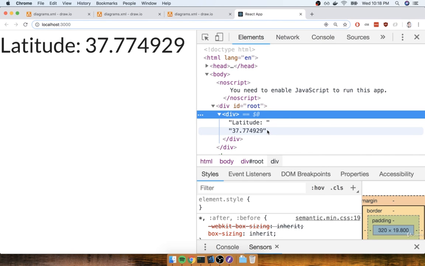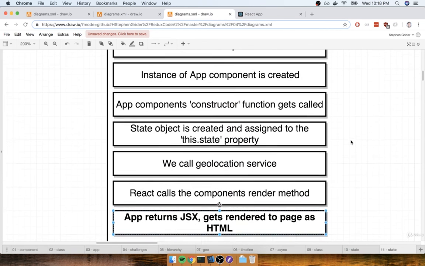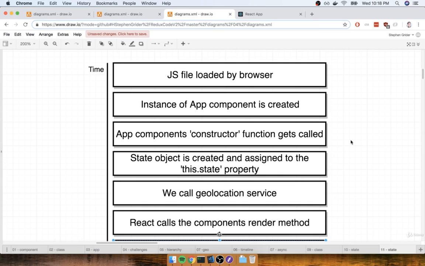Okay, so that's it. That is state. Now, I know that it's been kind of laborious to go through these last 3 videos talking about state, but I found that if you just kind of dive into it head first and really explore some of the very fine and minute details around it, it makes life a lot easier down the road.